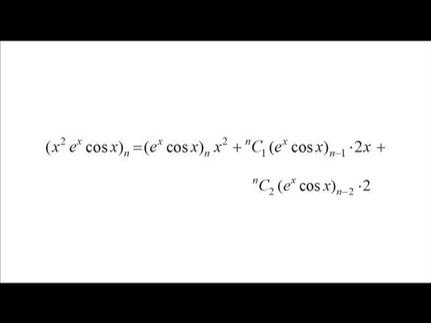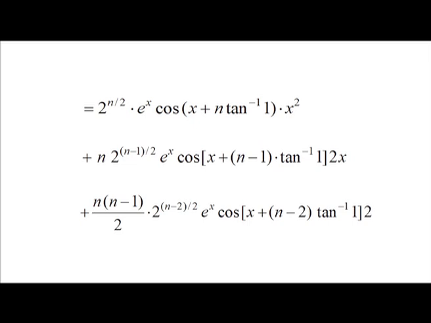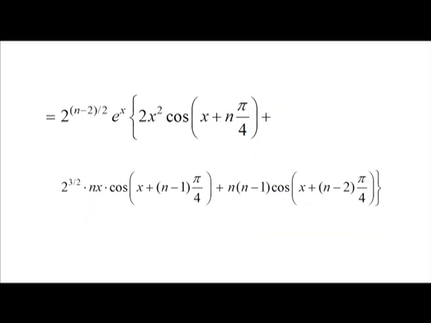The nth derivative of x² e^x cos x equals the nth derivative of e^x cos x into x², plus nC1 the (n−1)th derivative of e^x cos x into 2x, plus nC2 into the (n−2)th derivative of e^x cos x into 2, which equals 2^(n/2) e^x cos(x + n tan⁻¹ 1) x² plus n 2^((n−1)/2) e^x cos(x + (n−1) tan⁻¹ 1) 2x plus n(n−1)/2 into 2^((n−2)/2) e^x cos(x + (n−2) tan⁻¹ 1) into 2,